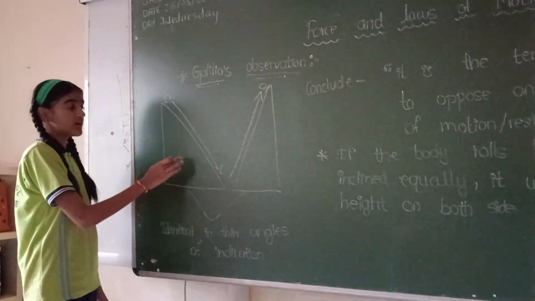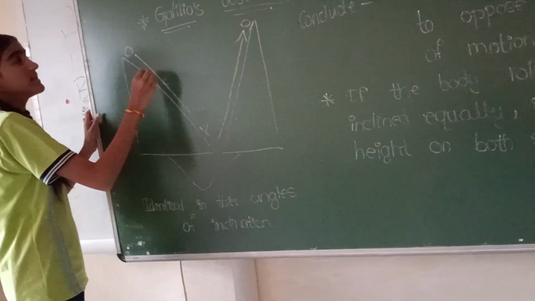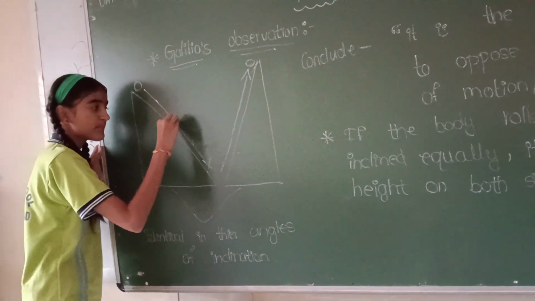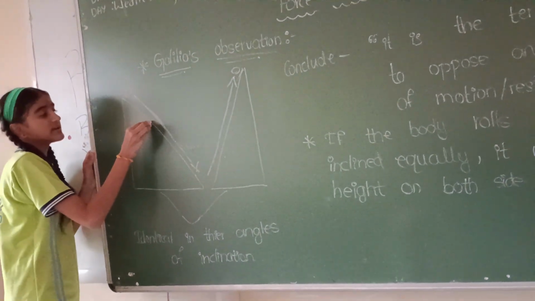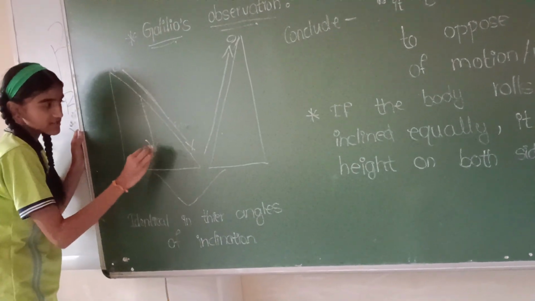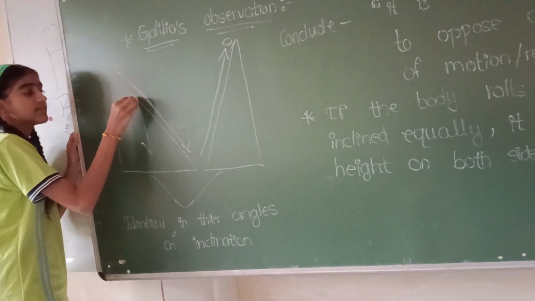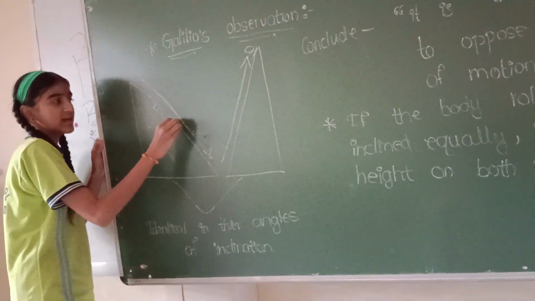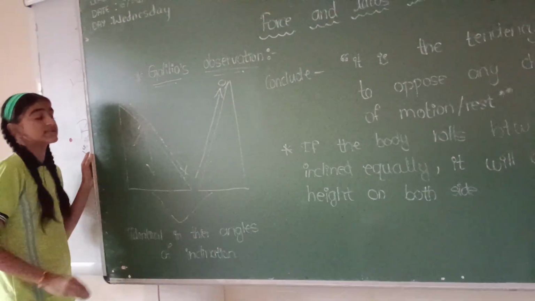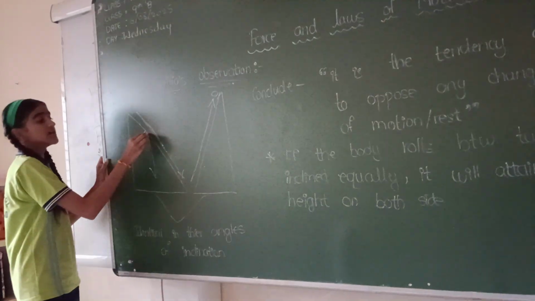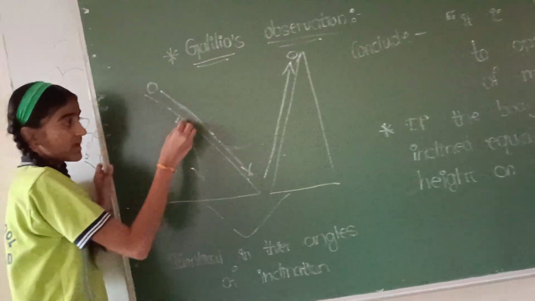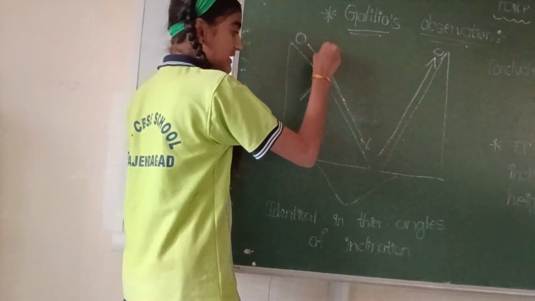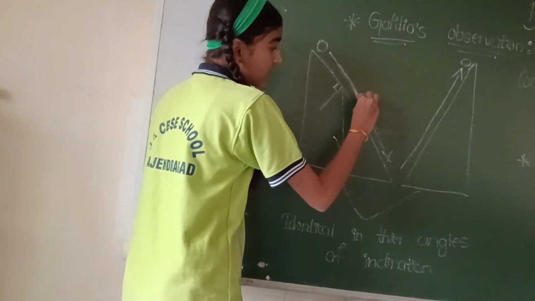How does gravitational force act on this? There are two components of the gravitational force. One is parallel to the surface, and another one is perpendicular, because here is 90 degrees. This is perpendicular to the surface and this is parallel to the surface. The gravitational force does not act perpendicular to the surface, and the gravitational force acts through